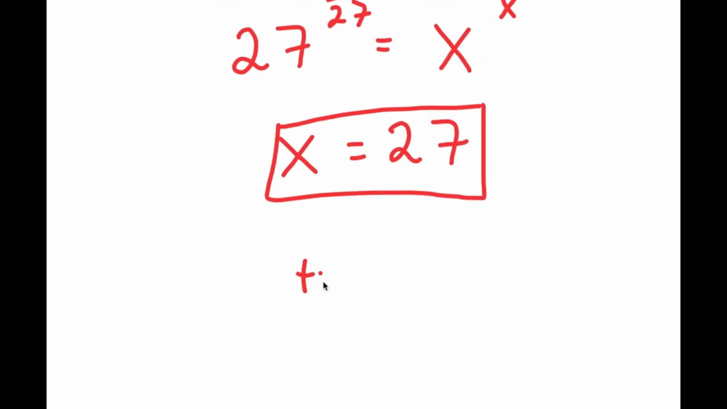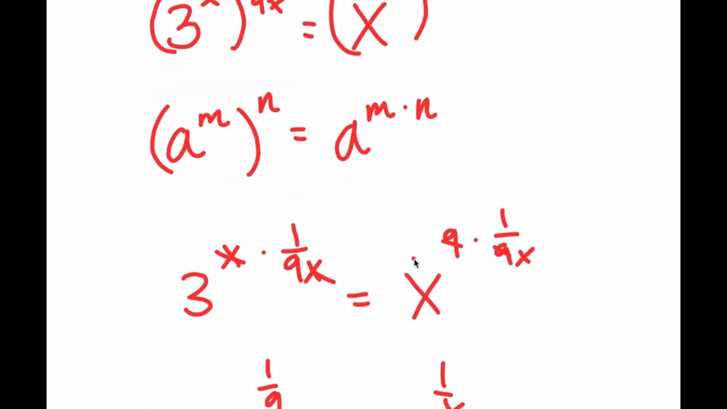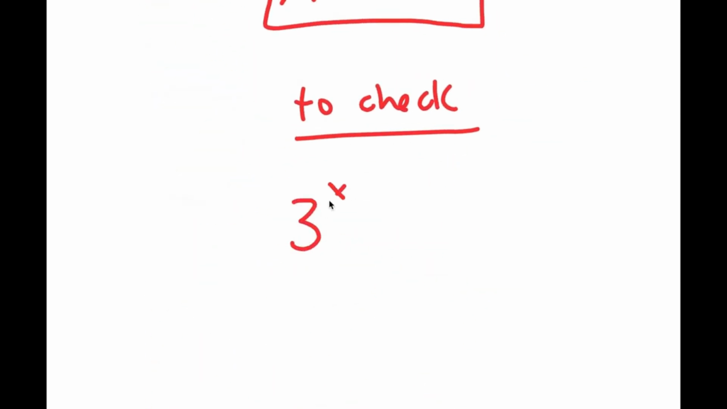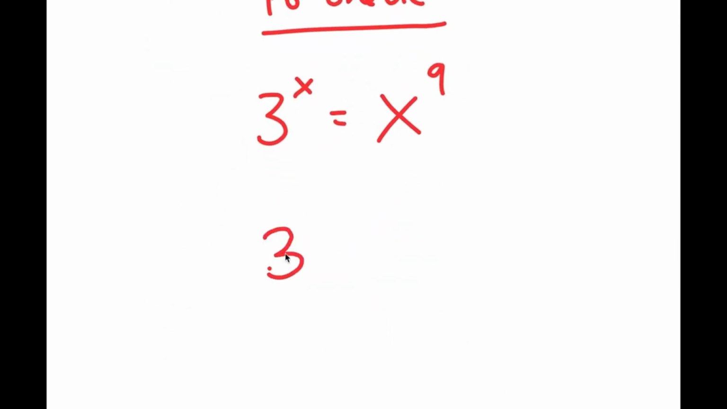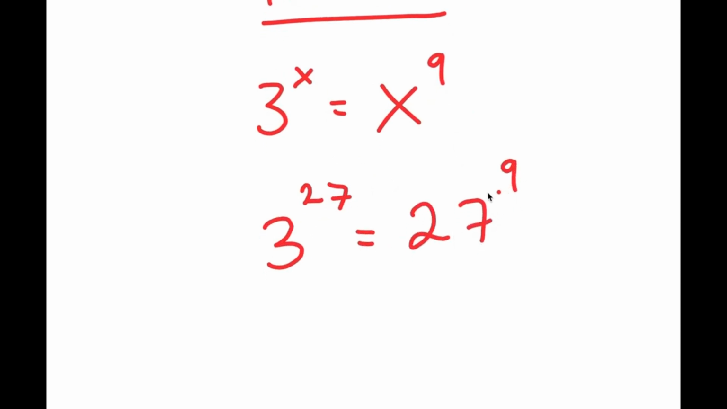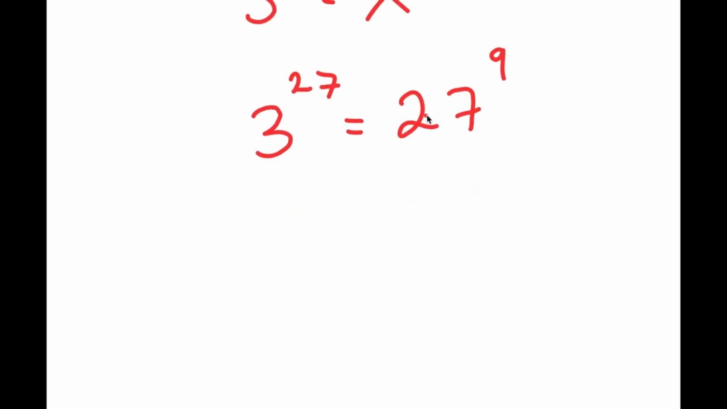So now to check, I can plug this in to my equation. 3 to the power of x is equal to x to the power of 9. x is equal to 27, so I get 3 to the power of 27 is equal to 27 to the power of 9. And 27 is the same thing as 3 to the power of 3. So I get 3 to the power of 27 is equal to 3 to the power of 3, to the power of 9,